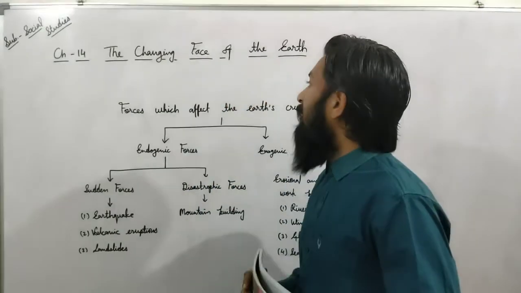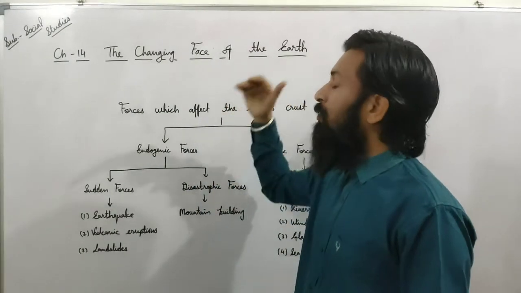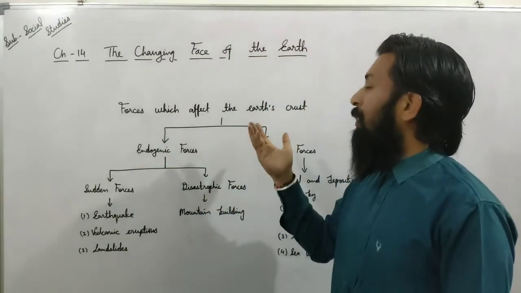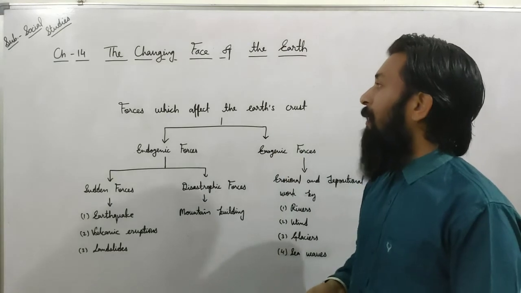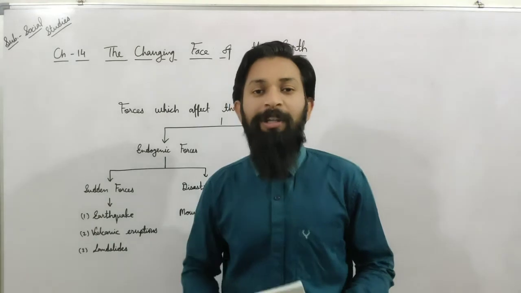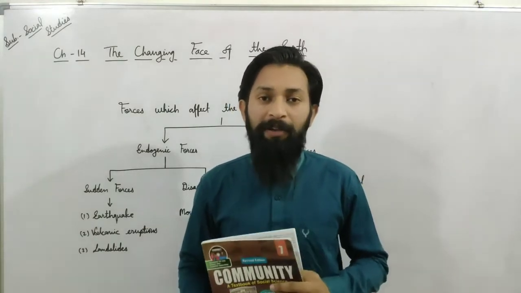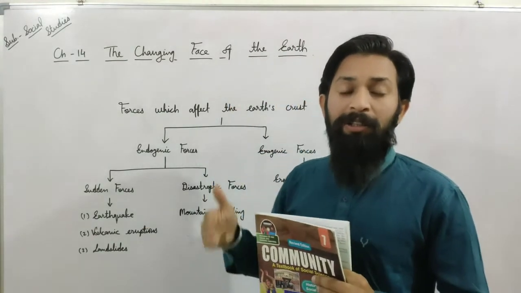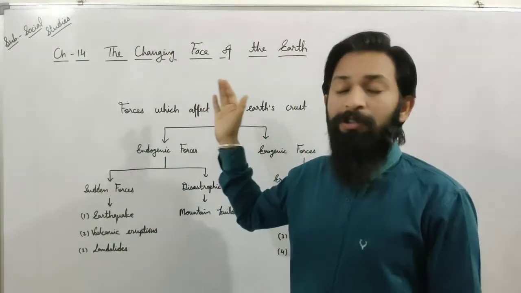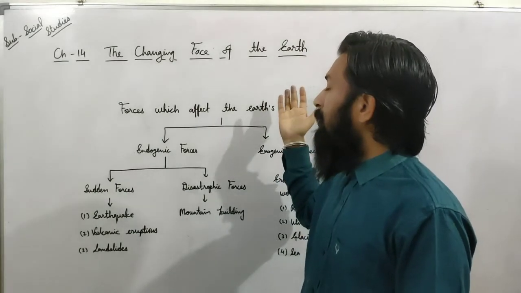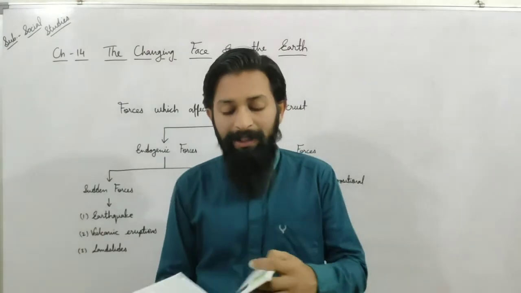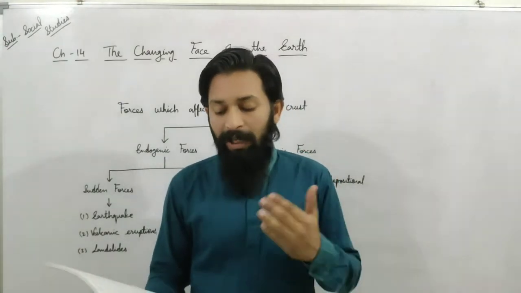In this chapter we will discuss the earth's face, how changes in the earth's face occur, and how those compositions we watch in our geographical conditions or habitats. According to age, our face also changes, and according to human interaction with the environment and geography, those types of changes also occur. By nature also, we watch that many natural disasters or natural activities make them possible. So in this chapter we will discuss the changing face of the earth.